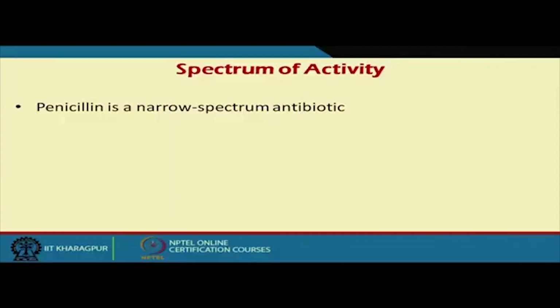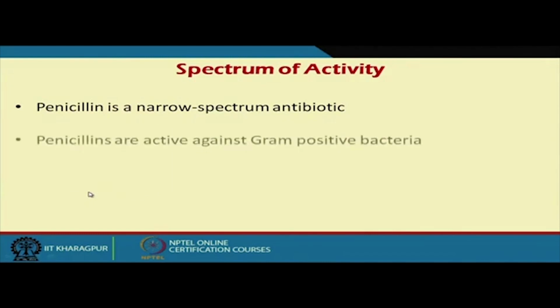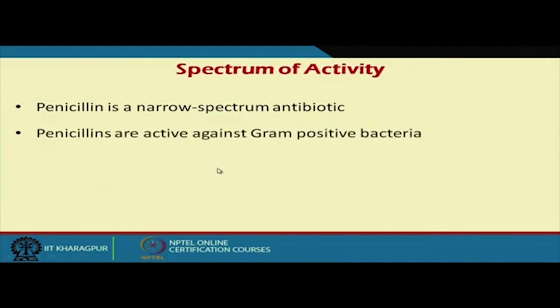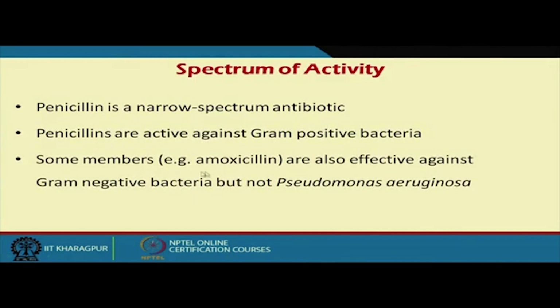For example, penicillin is considered a narrow spectrum antibiotic, but streptomycin is considered a broad spectrum antibiotic. Penicillin can only attack gram positive bacteria, and some members like amoxicillin, which are derived from penicillin, are also effective against gram negative bacteria, but not Pseudomonas